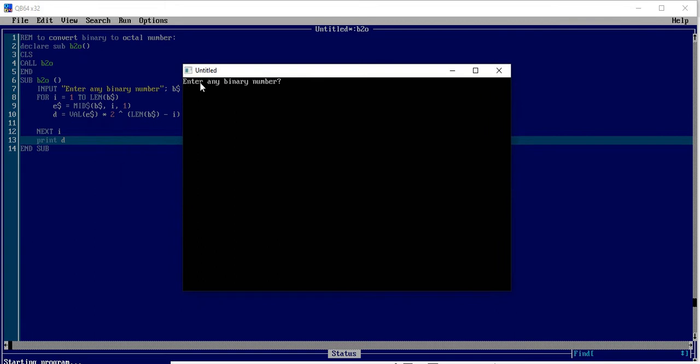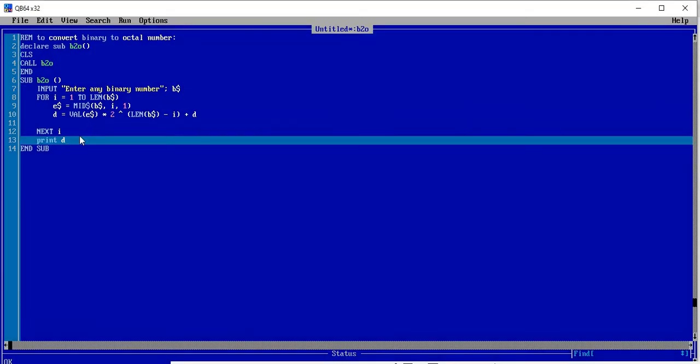Here the input required is a binary number, let it be 1010. The binary 1010 is equivalent to decimal 10. The result should be 10. Now our program is correct up to these steps.